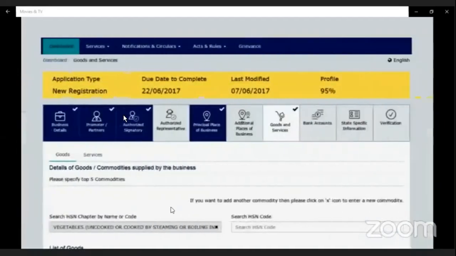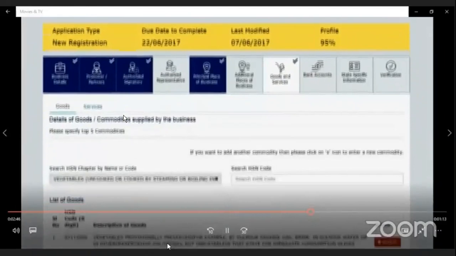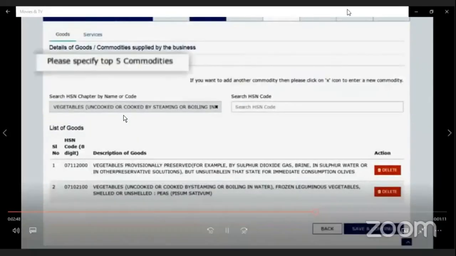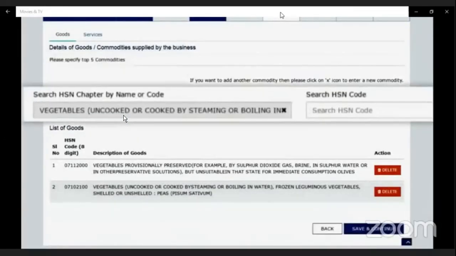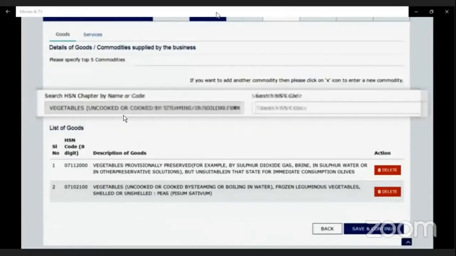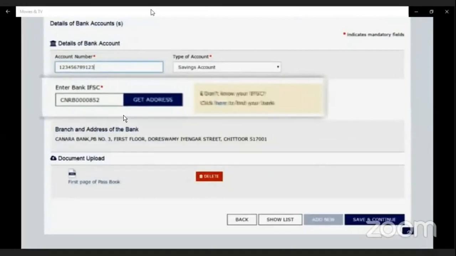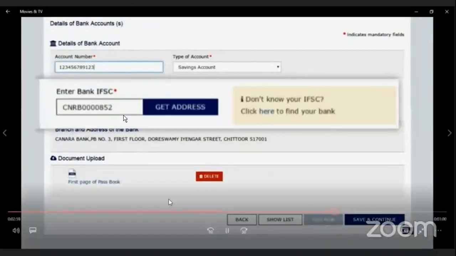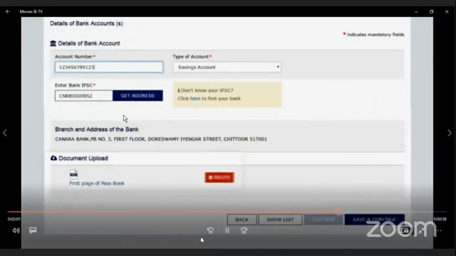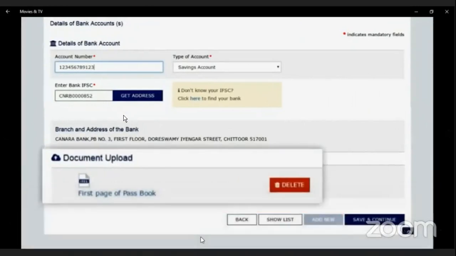In Goods and Services tab, one can enter a maximum of 5 goods and/or 5 services. Goods and services can be searched by the taxpayer. In the Bank Account Details tab, branch name with the IFSC code is required to be selected from the drop-down menu. The first page of the passbook, bank statement and